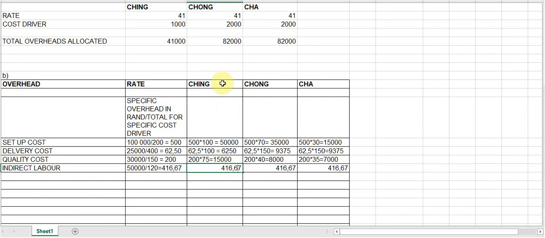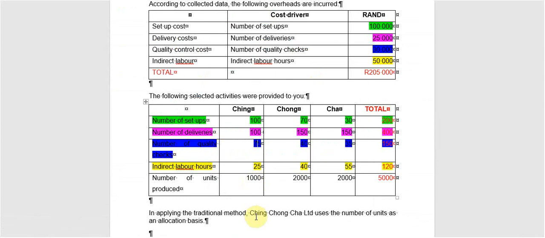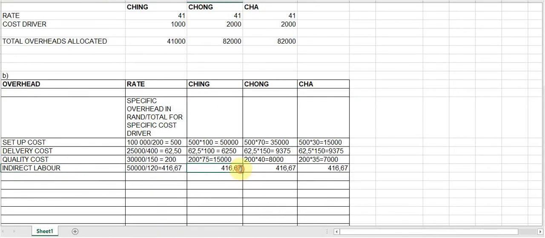Right, I need to go back and find this indirect labor cost driver for each product. So going back to my question, I find that it is 25, 40, and 55 for the 3 products respectively. Going back to my memo, I am now multiplying 25, I am multiplying by 40, and multiplying by 55. Then if I type that into my calculator, I get to 1041.75